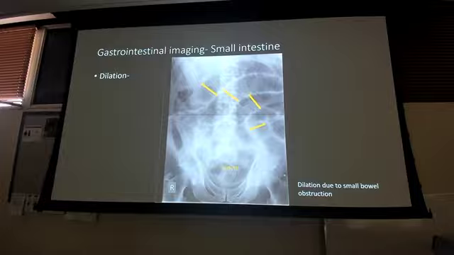Can you tell me it's a small bowel obstruction with just this film if I didn't give you more information? No, because I've got stuff cut off here. Where's my large bowel? What's going on? I don't know. Right now, I just have small bowel there. If I had the whole x-ray and you didn't see any dilation in the large intestine and you saw all the air kind of missing from the rectosigmoid area, then you can confidently say it's a small bowel issue, because if it was a large bowel issue, the large bowel is going to be affected as well, and that's going to be dilated. But this image is kind of cut off. So